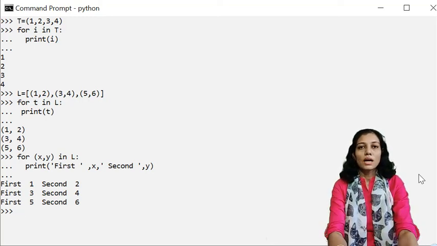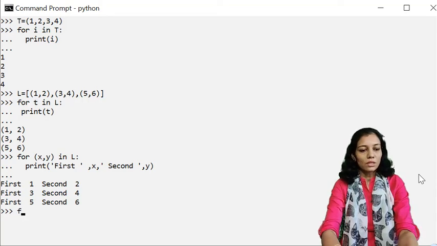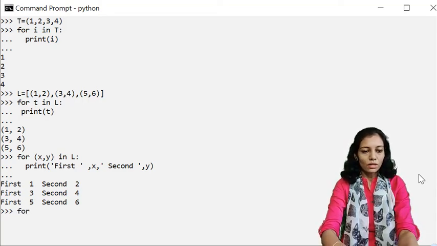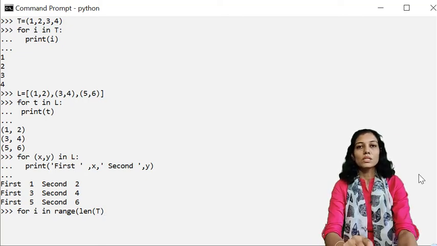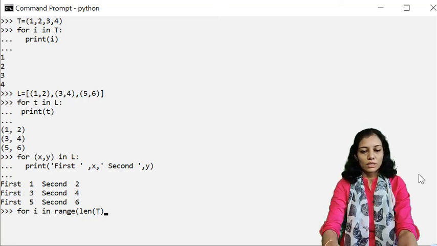Lastly, we will see how to use indexing in order to iterate over a tuple. So here I'll write for i in range of length of t. This is the length of the tuple, so it will produce the index from 0 to length -1.